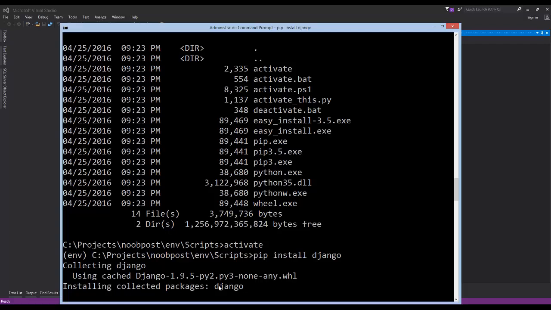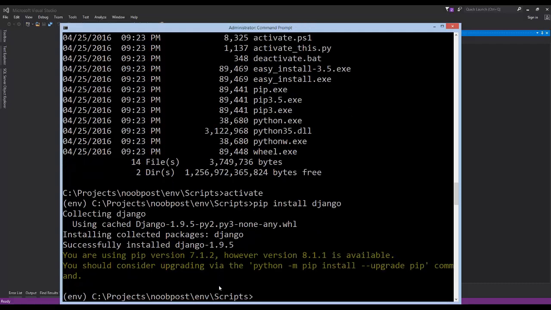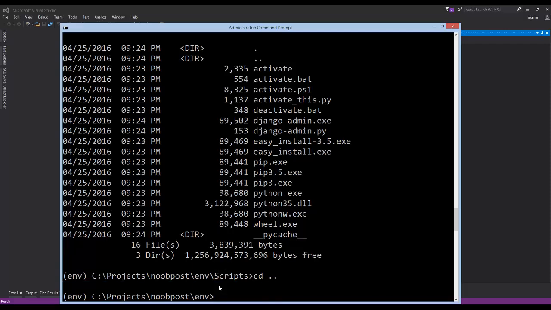But ultimately what this project is going to consist of is that it needs to use some of the latest web standards like Bootstrap and stuff like that. So I want it to be a relatively plain site, but I'll show you guys how to get all that set up. So now that we have Django installed here, you see,